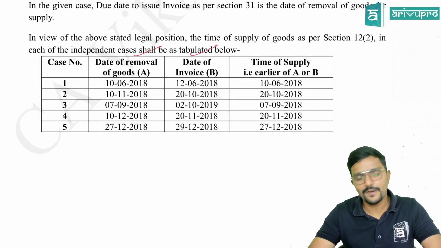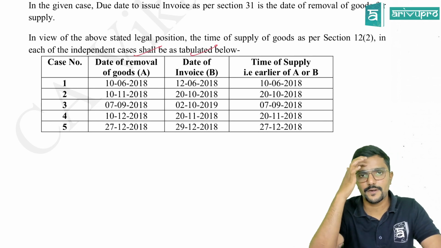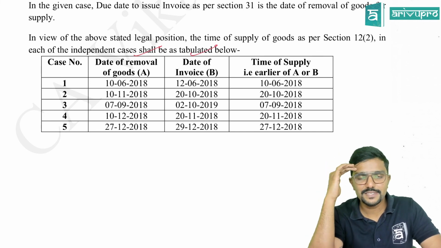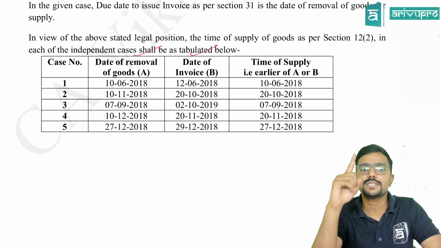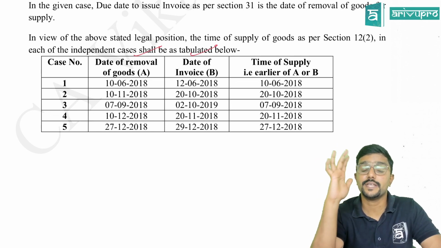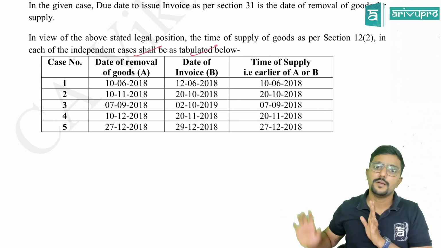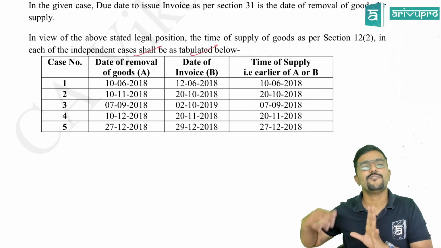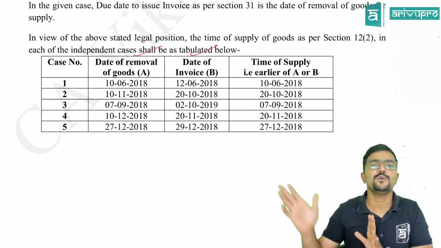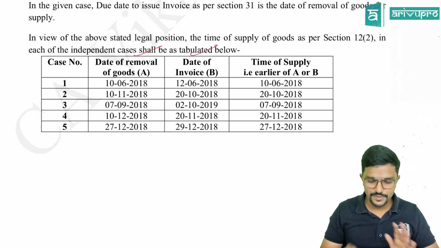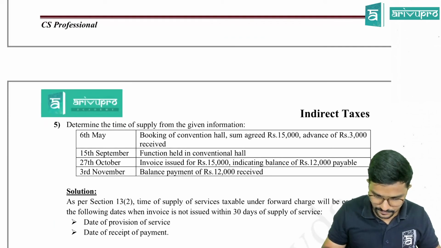Please be very careful, guys, because there are chances of confusion between reverse charge and forward charge. Clear? For forward charge, payment date is not relevant. Even if they give it in the question, ignore it, but give a note that the date of payment for goods is removed by way of notification. Clear? So this is about this question.